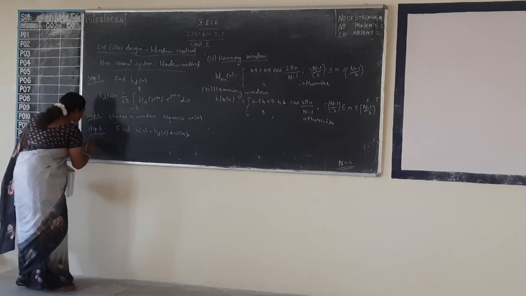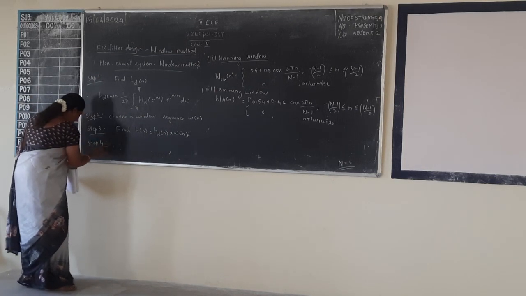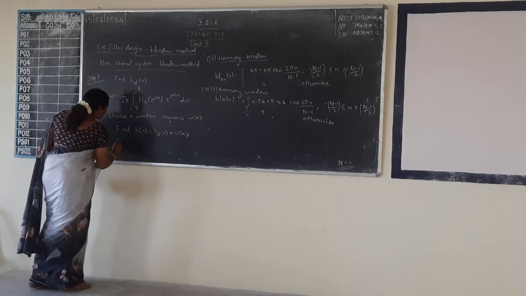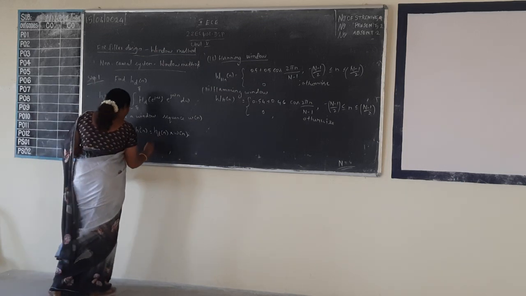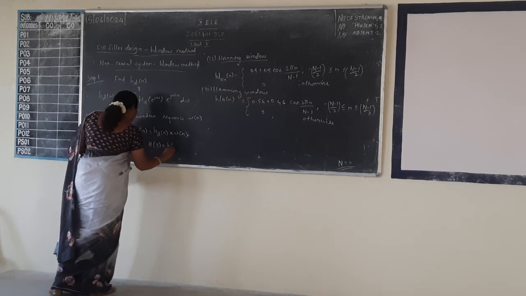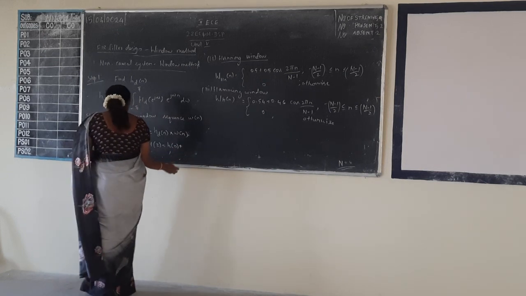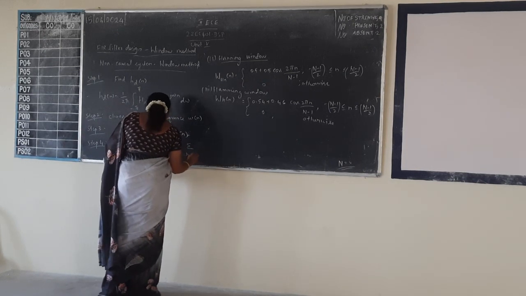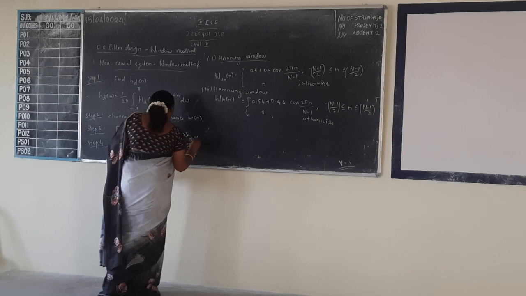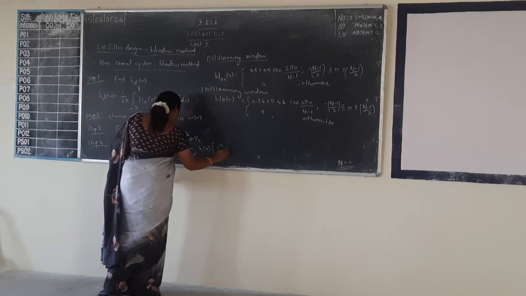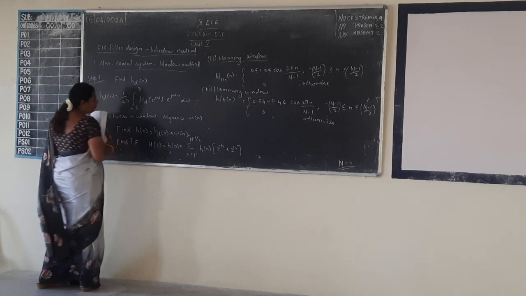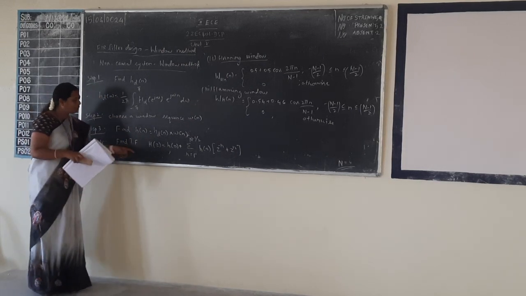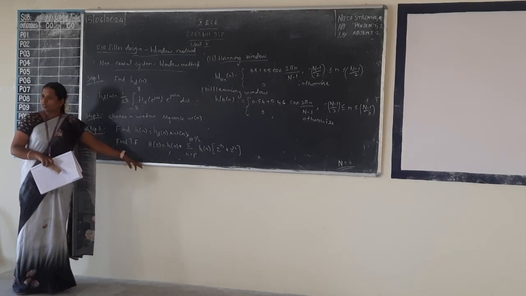Right, step 4. Find transfer function H of z is equal to h of 0 plus summation of n is equal to 1 to n minus 1 by 2 h of n into z power minus n plus z power n. Simply H of z, but we have the values from n is equal to minus of n minus 1 by 2 to plus n minus 1 by 2.